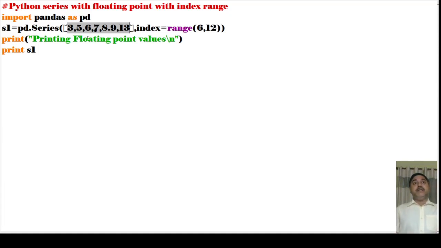What does it mean? What does it say? It says that the values are of a particular form. What is the form of the values? The form of the values is floating point numbers. Yes, obviously they are floating point numbers. Why floating point? Because there is one value, 8.9.